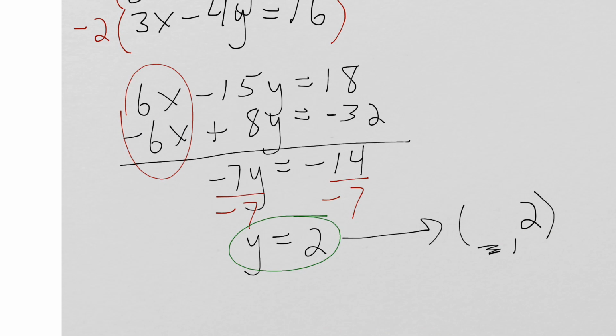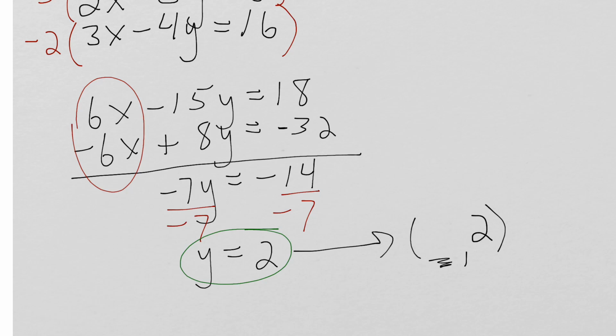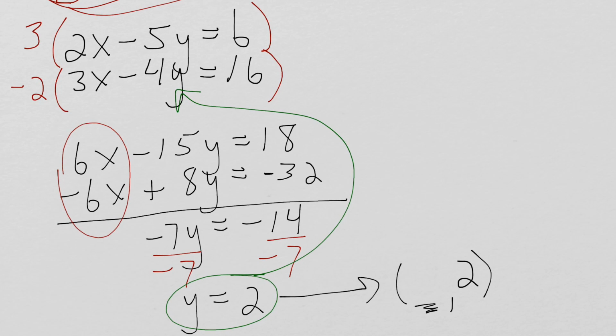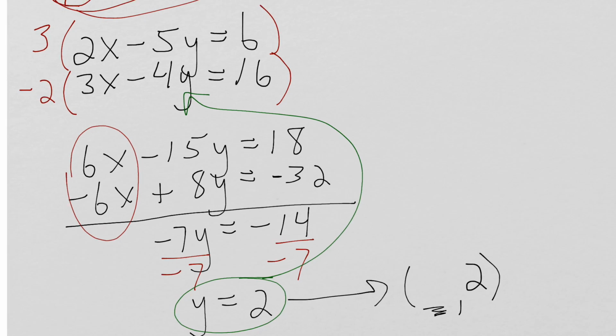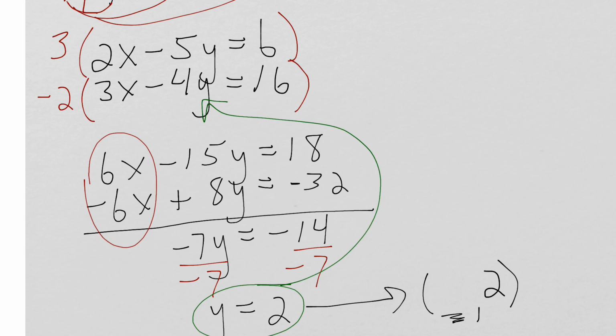For instance, I could go ahead and decide to take that y equals 2, and I could say plug it into, I'm just going to pick one. Let's say I wanted to plug it into this y right here. All right? Just because I want to. If I take it and plug it into that y, then what happens is, into this equation right here, letting y be 2, that's going to give me 3x, and then minus 4 times that 2 equals